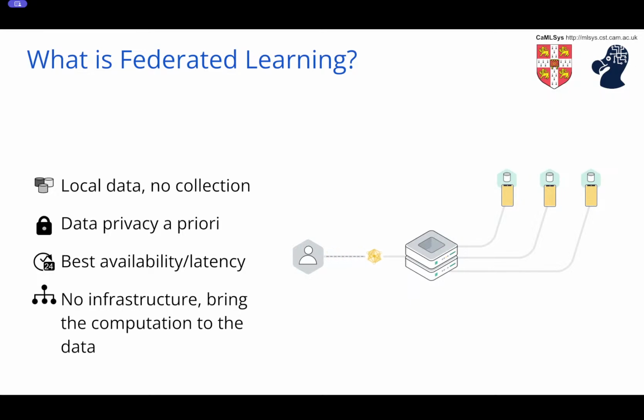But there's also a huge number of benefits from allowing the data to just sit where it is. There's obviously potential benefits to privacy, because fundamentally the data hasn't left its location. Although to protect privacy, there's other additional things you need to be aware of, because this transmission of intermediate learned information can also leak data as well. But at least you're starting with a very good step. Second, in certain situations that are very difficult for centralized learning to cope with, such as when you have streaming data to deal with.